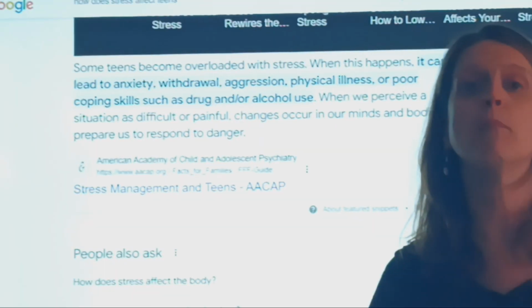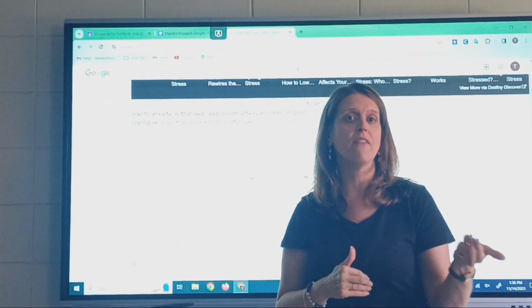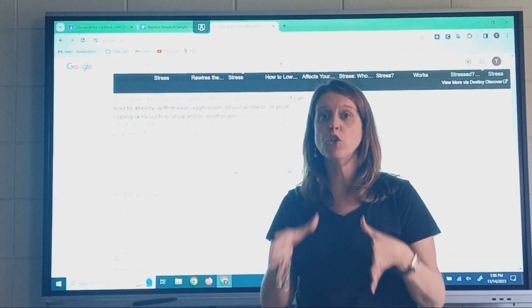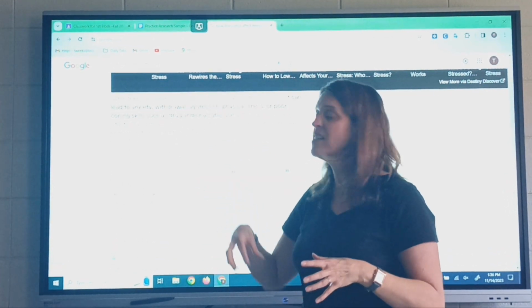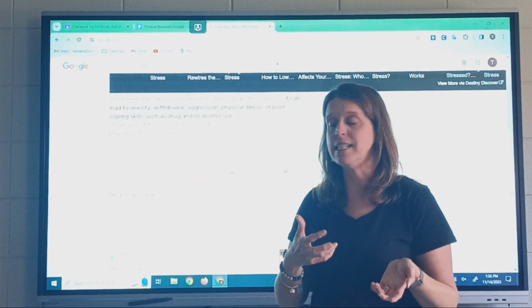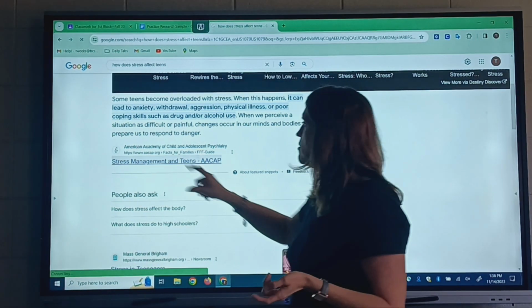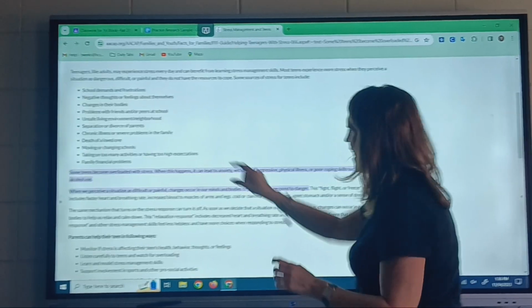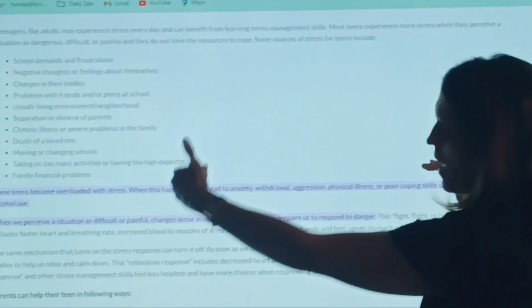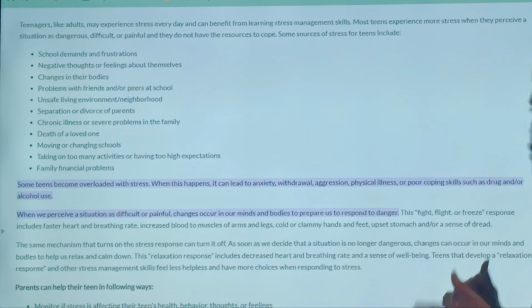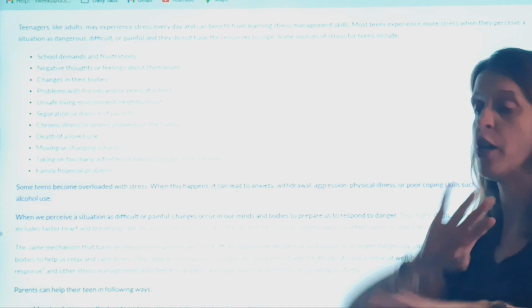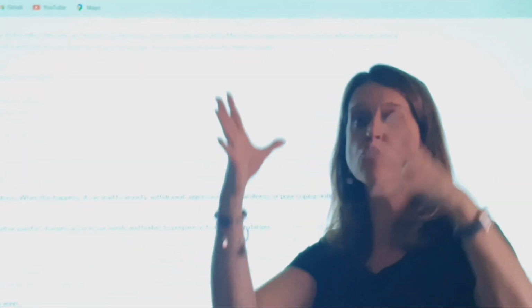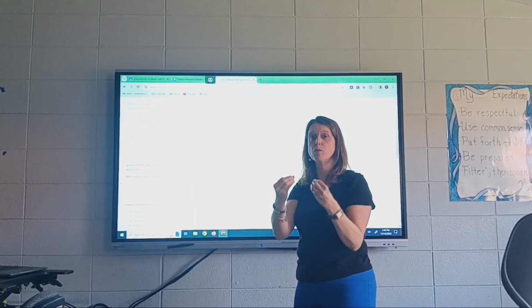A lot of times that's statistics, like 85% of people believe this, or 3 out of 4 people have experienced that. That's very good evidence-built information. So this is giving you some of the outcomes of stress in teens. We're going to click on this, and it actually highlights that portion. Now, research is just that. Search means you're looking for something. So it's almost like a treasure hunt. You're going through all the other stuff, and you're trying to find that information that you really need.